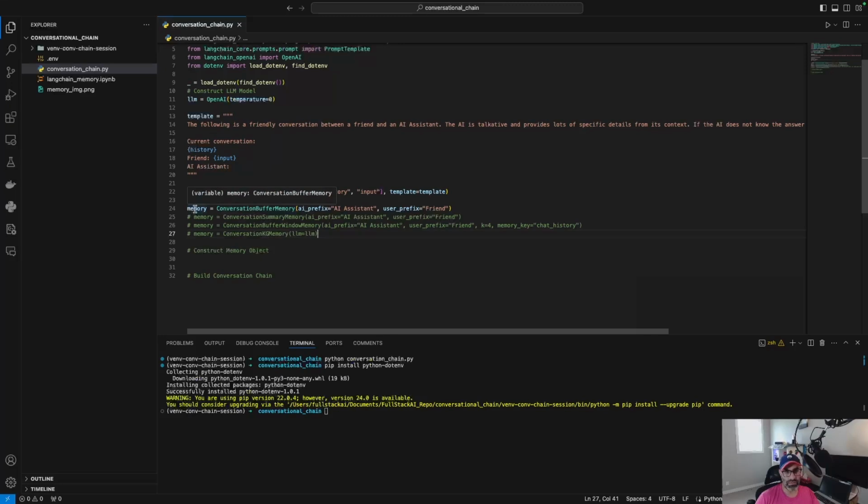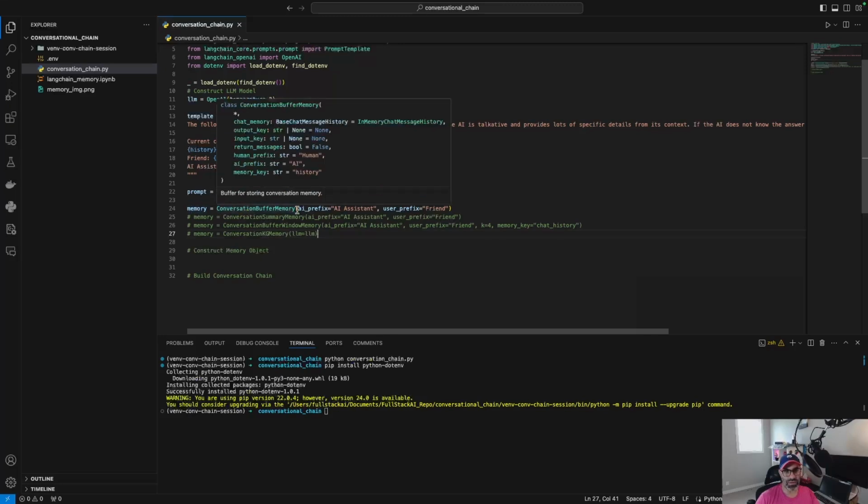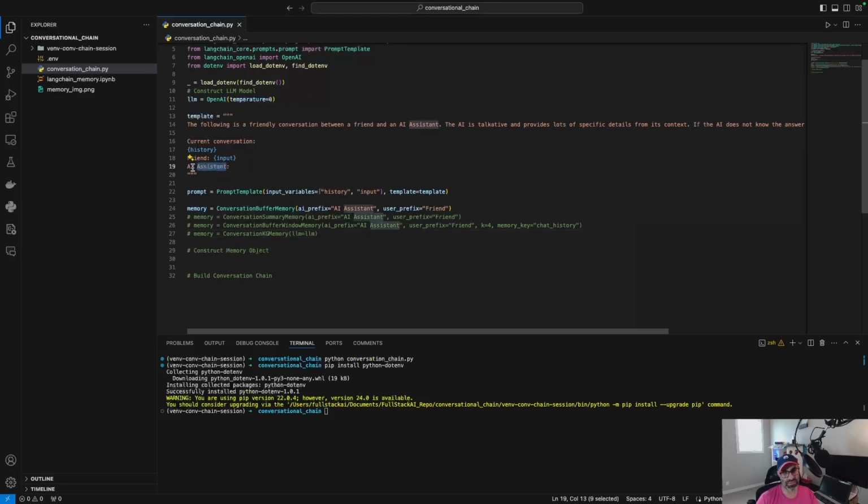So the first one that I will be using is the conversation buffer memory. I have a prefix for the AI chat and the human. So I'm using the prefix for the user to be as a friend. And then for the AI would be AI assistant. So I have these 4 types of memory here, and then we will see the results for each of these